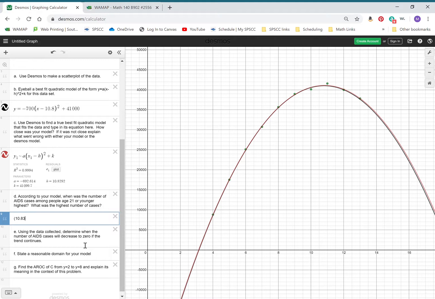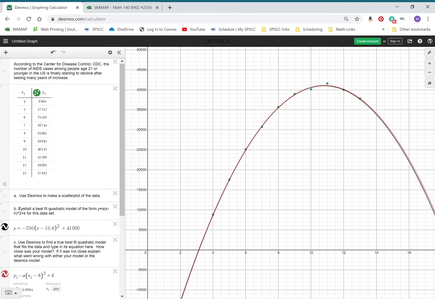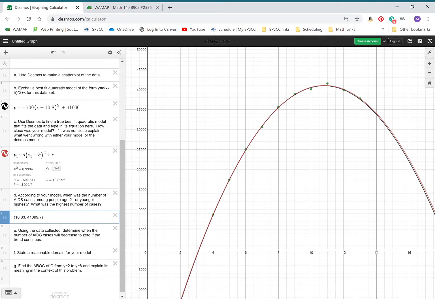0.829, so we'll say 0.83. And then the y coordinate, 41,099.7. So that is my vertex. Remember, your horizontal axis, which I couldn't get labels on because of my record buttons, is telling you number of years since 2000. So this is saying towards the end of 2010, we should hit this vertex, this maximum, which